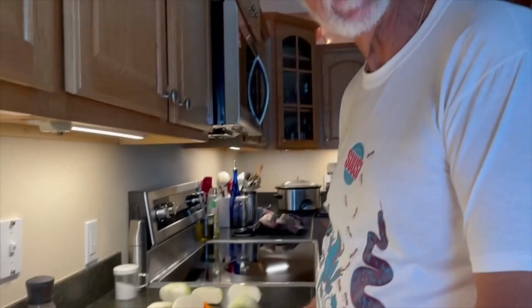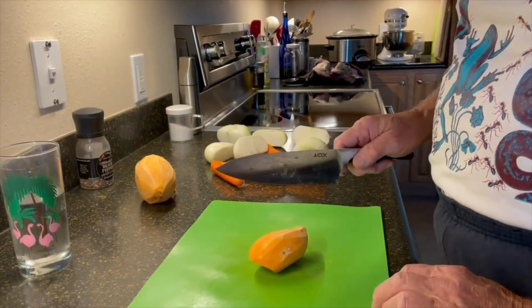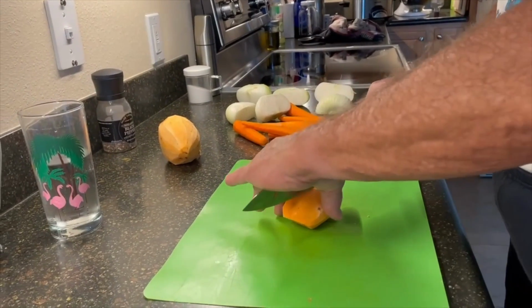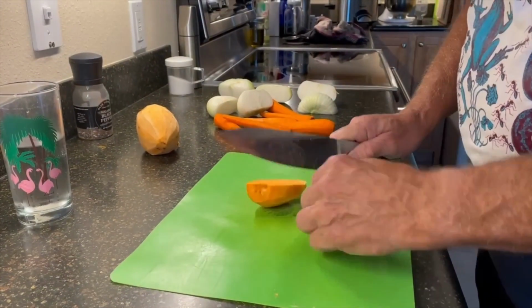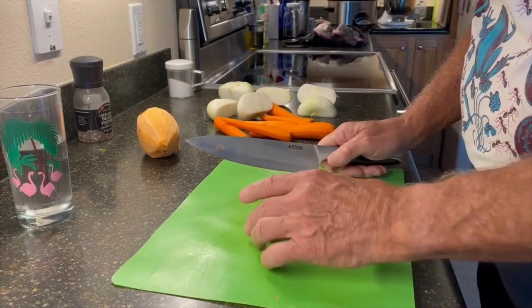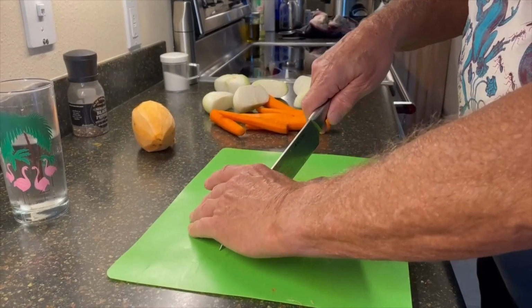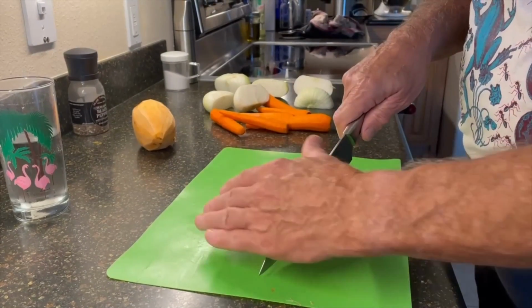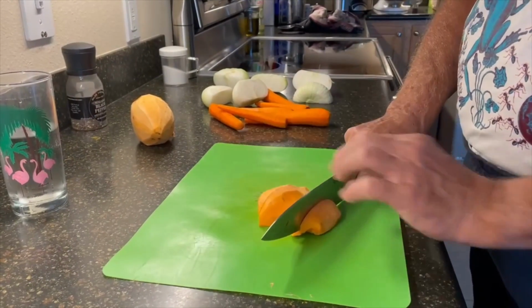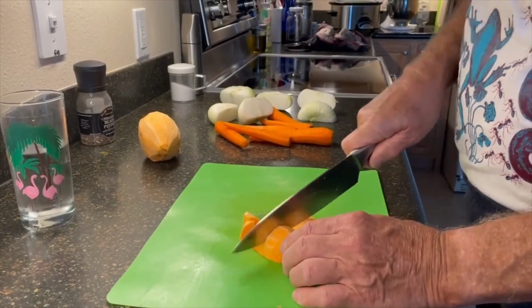Okay, now we're going to tackle some hard vegetables like sweet potatoes. So sweet potatoes like to roll away because you have to push hard on them. So you just kind of bridge this and push it down. Immediately turn it to the flat side. And then you can place your palm on the top of it like that and sort of rock it down like that. I'm making chunks this time